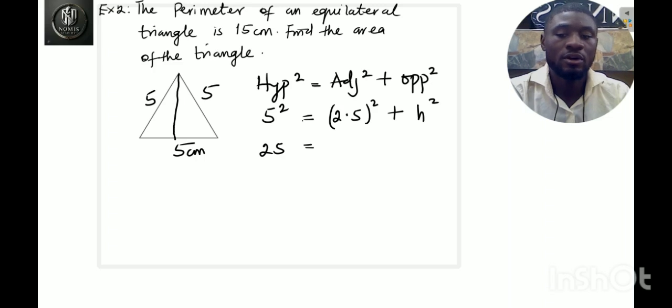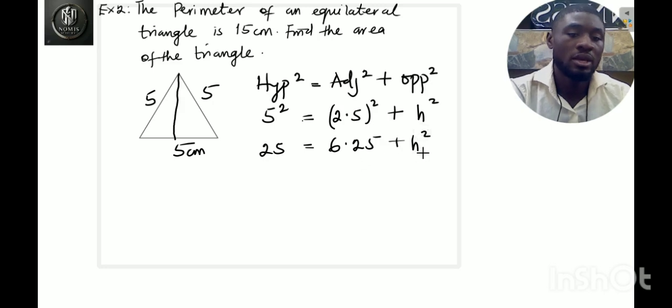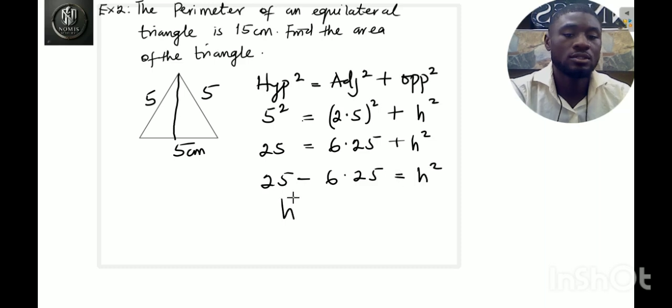2.5 multiplied by 2.5: 5 times 5 is 25. We keep 5, then 25, 10, remainder 1. 2 times 2 is 4. So that is 6.25. 6.25 plus h squared. Now, to make h squared the subject of the formula, this will move to the other side. So it becomes 25 minus 6.25 equals h squared. So the value of h squared is equal to 25 minus 6.25, that will be